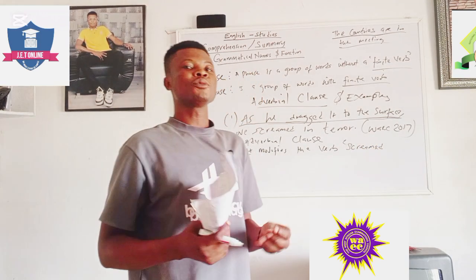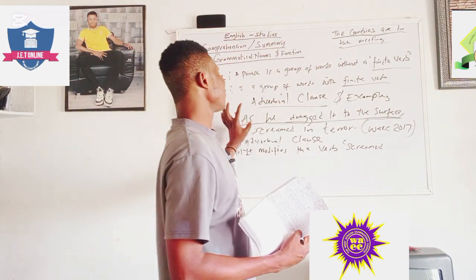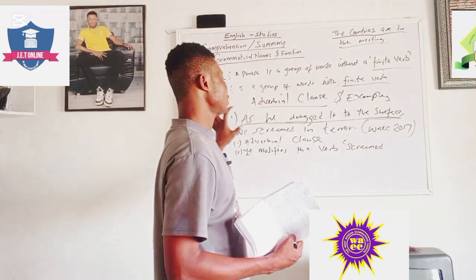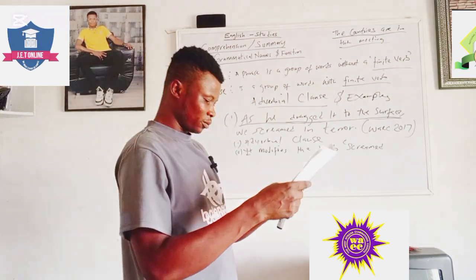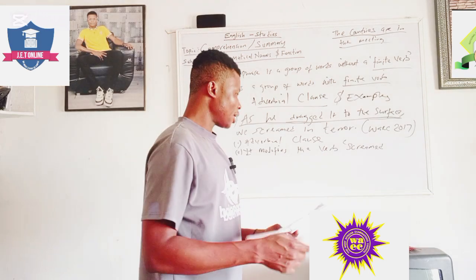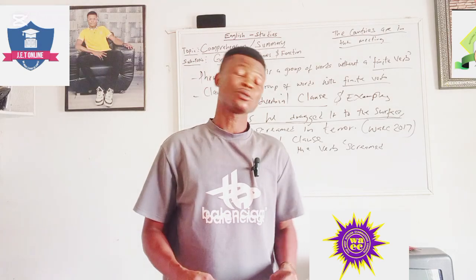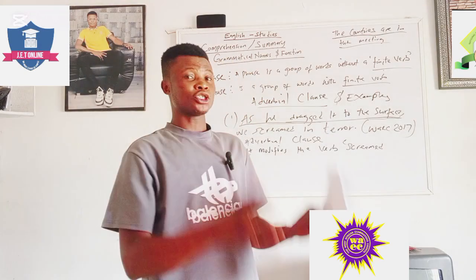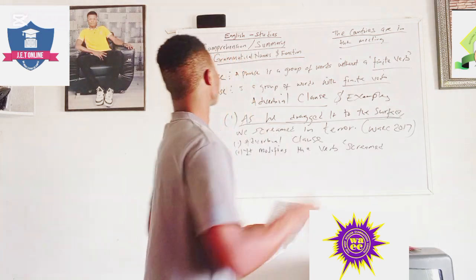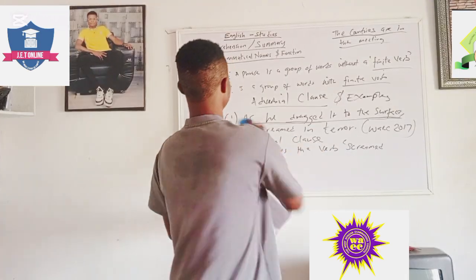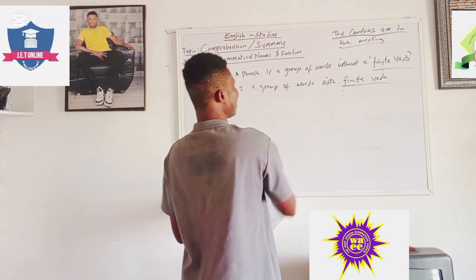So for you to be able to know an adverbial clause, you need to have an element of an adverb, and the sentence will showcase a performance of an adverb in the expression. So that is that about adverbs, and that is that about grammatical name and functions. I told us that we need to discover which the expression is coming from. Is it a phrase or a clause?